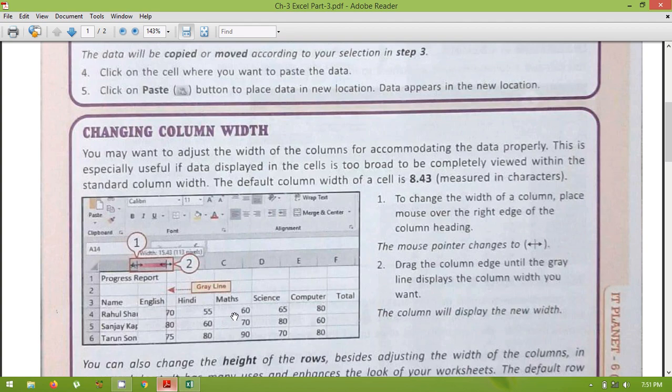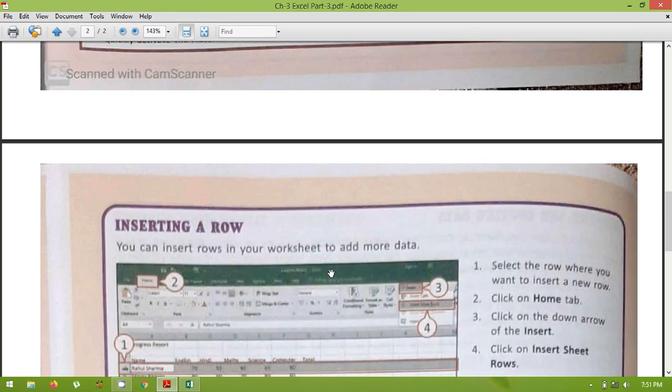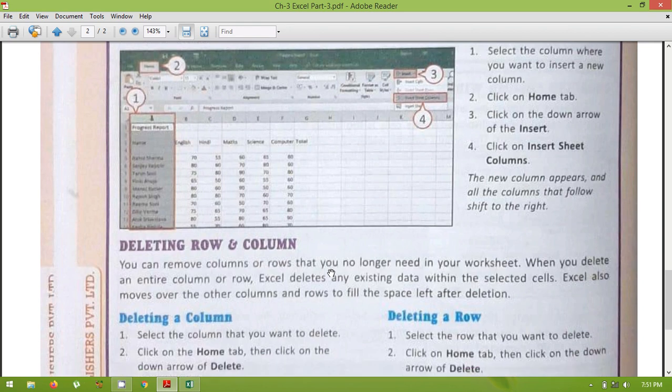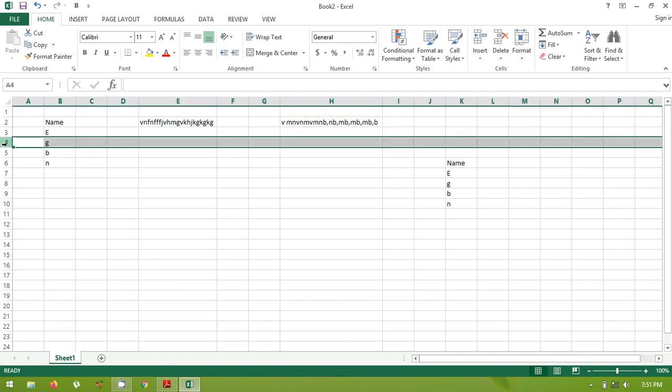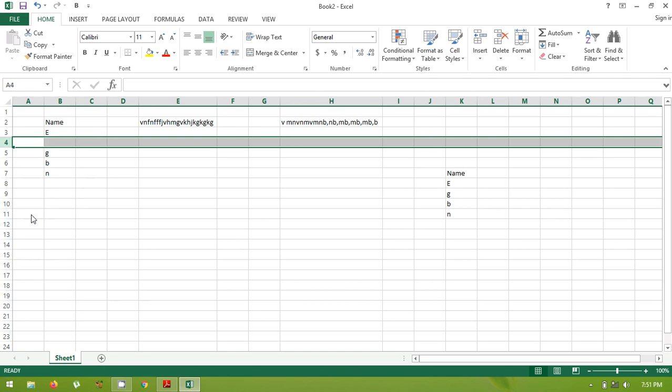The next topic is inserting a row, inserting a column, and deleting a row and column. If you want to insert a row between your fourth and fifth rows, just click onto this row heading, right click on it, choose insert, and it will automatically insert a row between them.